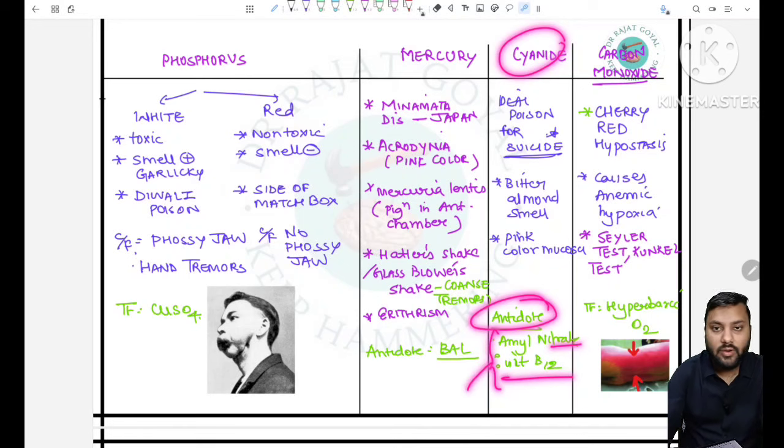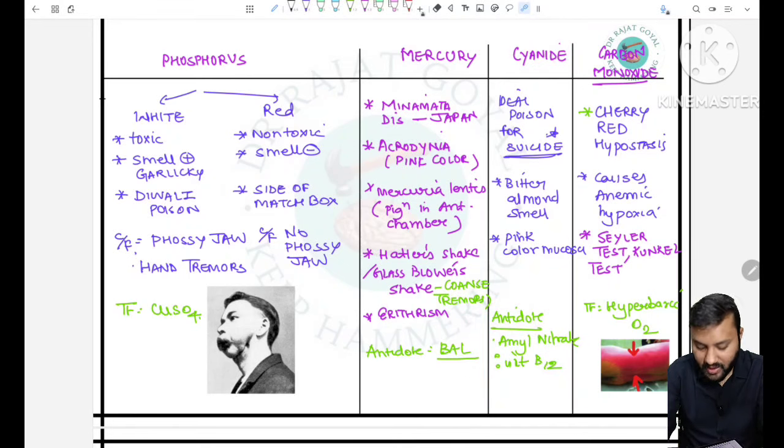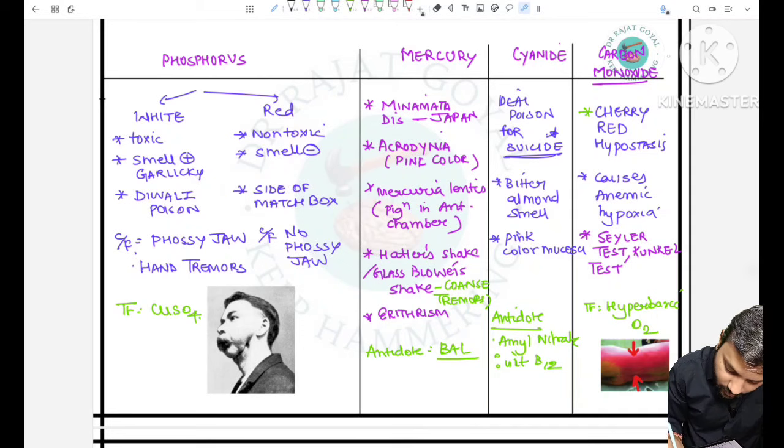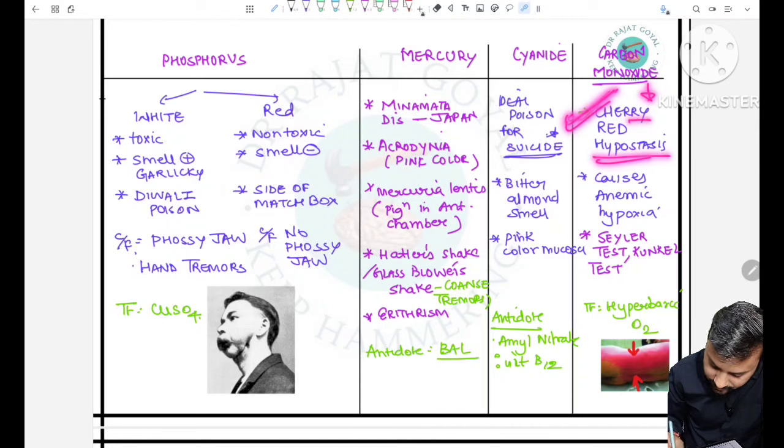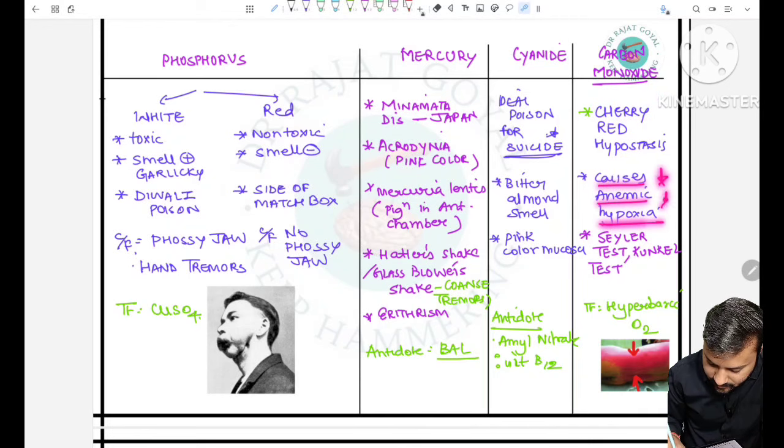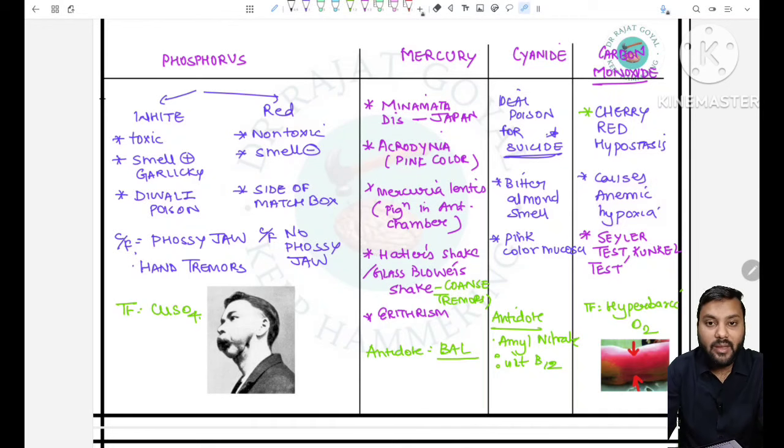It is a kit which is used for cyanide poisoning, in which amyl nitrite will be there, and vitamin B12, cobalamin. And if we talk about carbon monoxide, then cherry red hypostasis can be seen in the postmortem, and it causes anemic hypoxia, because carbon monoxide has more binding capacity than oxygen with the RBC, so it will lead to anemic